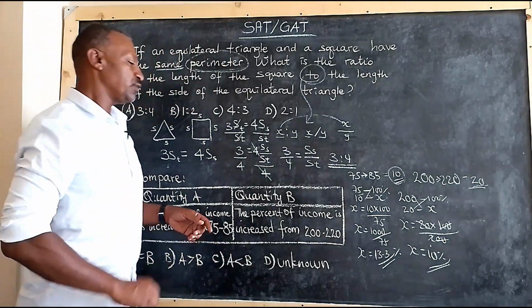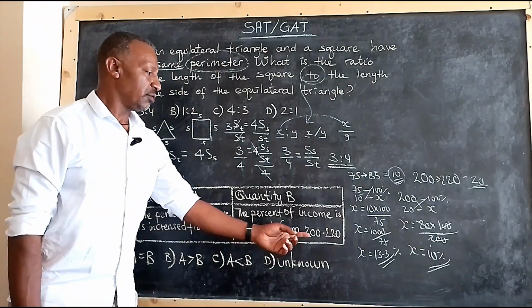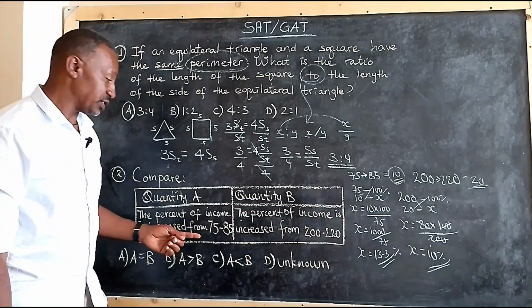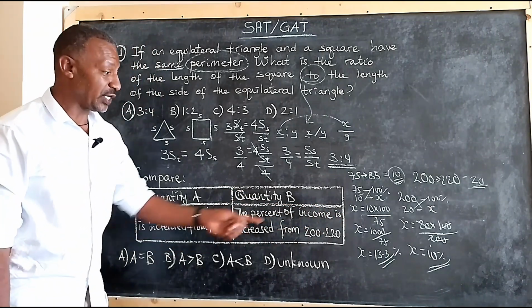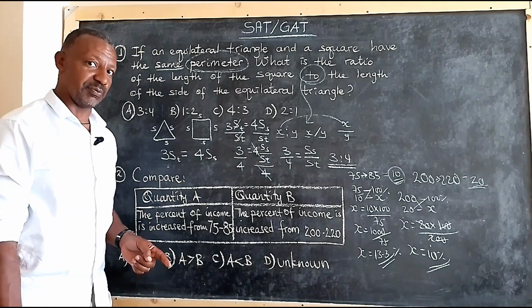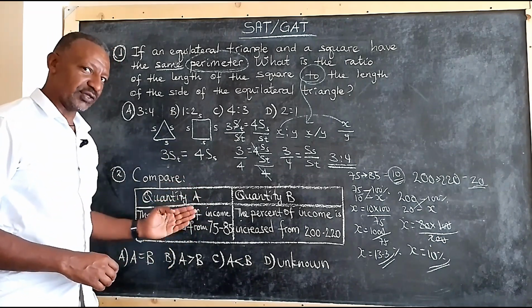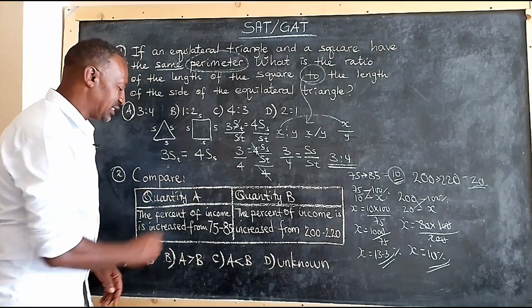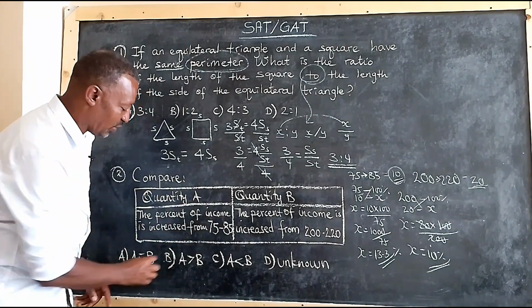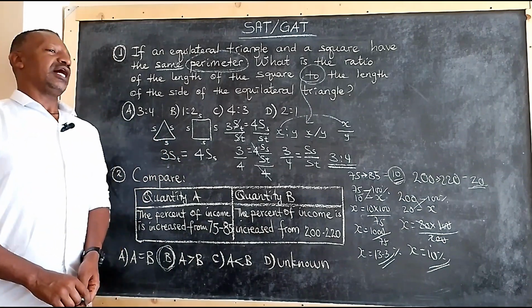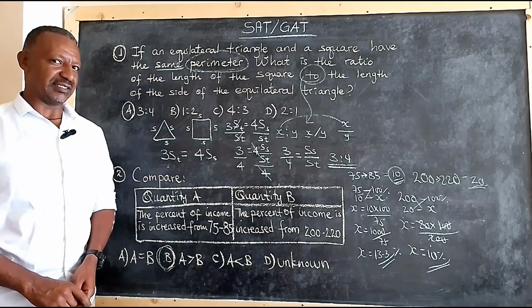As you can see here, even though the number looks larger, the percentage increase is just 10%. But this person, from 75 to 85, got 13.3% more. So obviously, this amount is greater. That's why quantity A is greater than quantity B. The answer is B. I will come up with another video another time. For now,